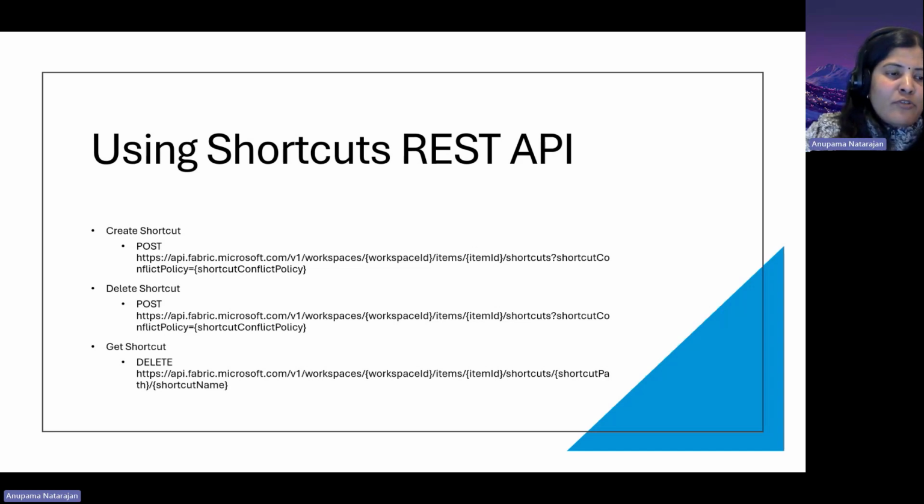The next operation you have is the delete operation. With the delete operation, it's the same thing. You point to which particular shortcut you want to delete, and it provides the same things that we discussed here. You will be able to go ahead and delete the particular shortcut. And the last one is around